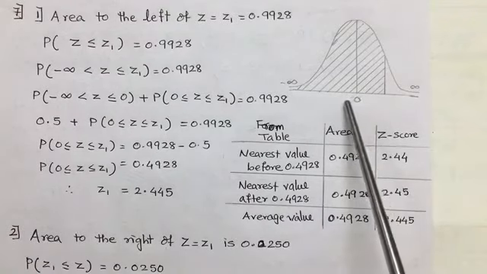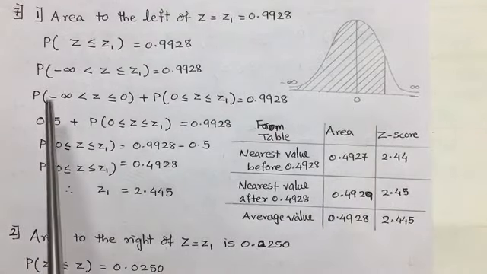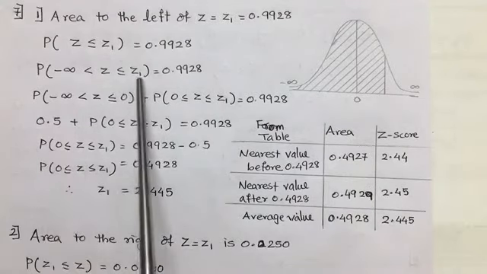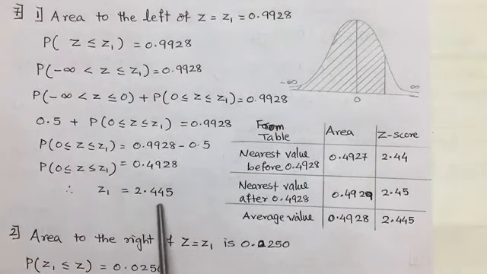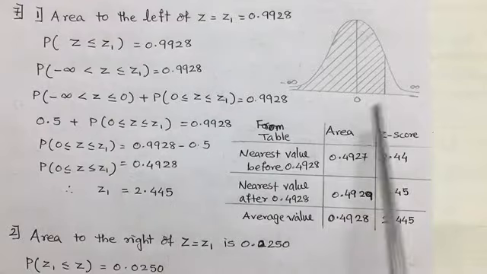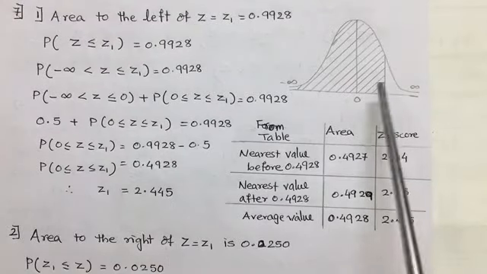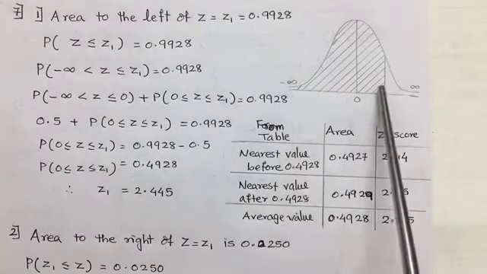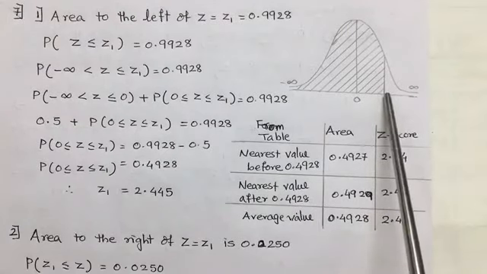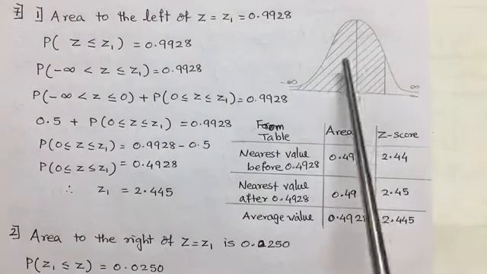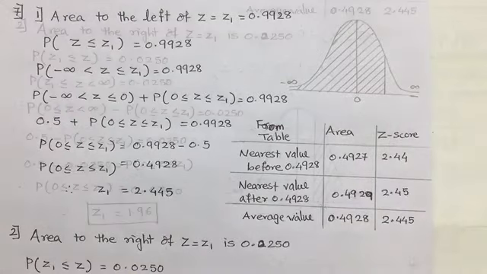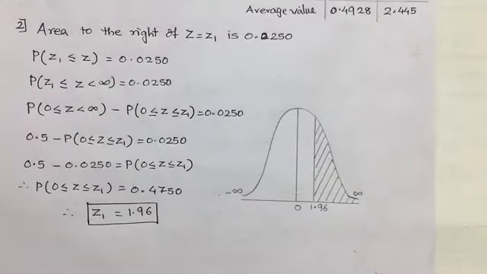And expressing it in the bell-shaped graph, it is from minus infinity to z1. 2.445 lies towards the right side. So from minus infinity to 2.445, the area is being shaded. Second question of 7th one is, area to the right of z